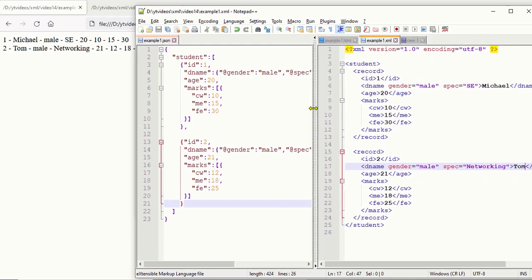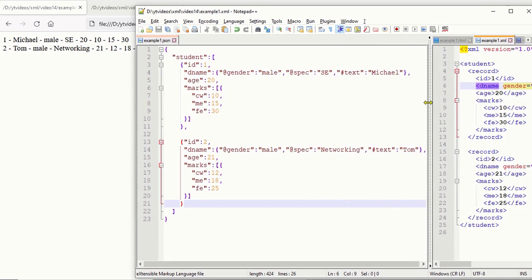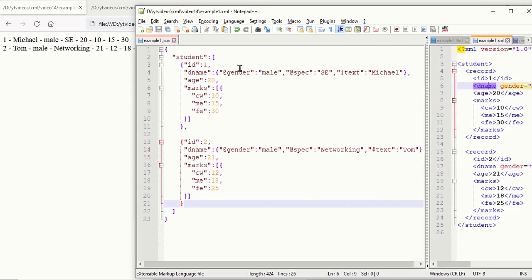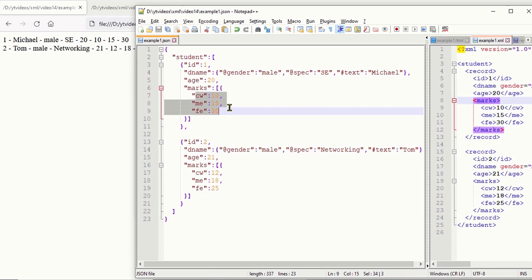Again, by looking at the XML file, we have an ordinary, normal data here, and then we have an element here, this data, which uses the element dname with 2 attributes. The conversion of that will be something like this in the JSON file. And then, as you notice, we have marks here, and it has elements inside. So it will be something like this in the JSON file. Okay, so let's start coding